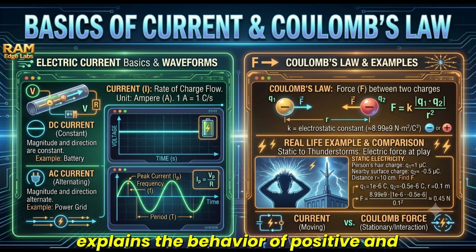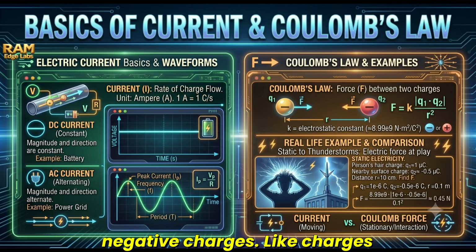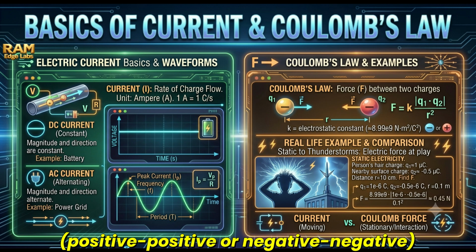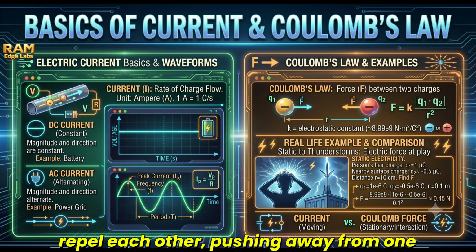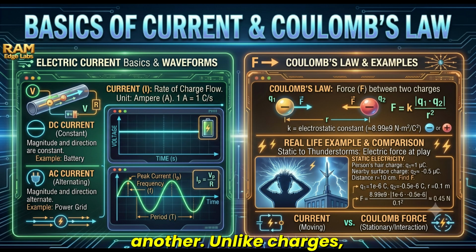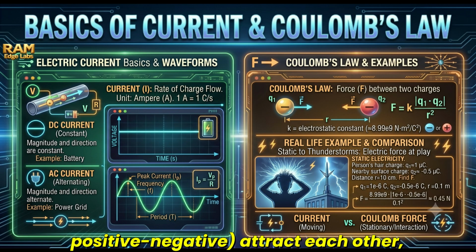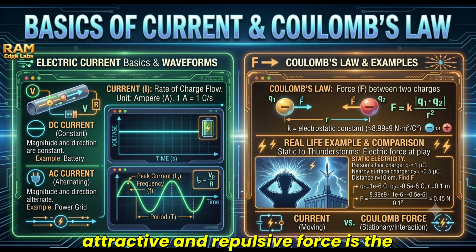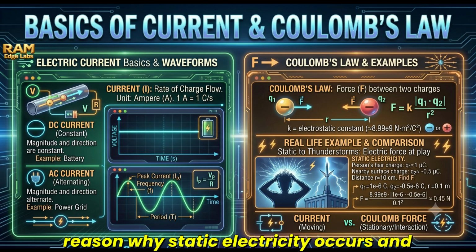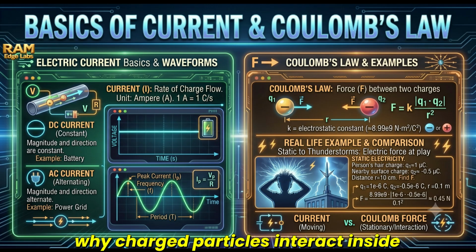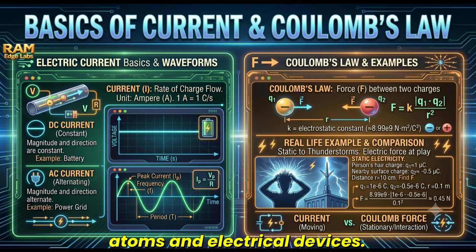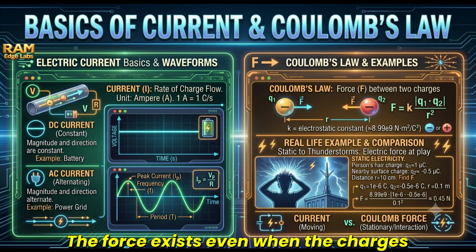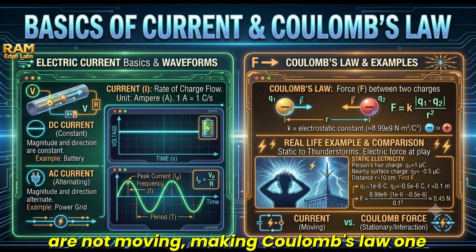Coulomb's law also explains the behavior of positive and negative charges. Like charges, positive or negative, repel each other, pushing away from one another. Unlike charges, positive-negative, attract each other, pulling toward one another. This attractive and repulsive force is the reason why static electricity occurs and why charged particles interact inside atoms and electrical devices. The force exists even when the charges are not moving, making Coulomb's law one of the fundamental laws